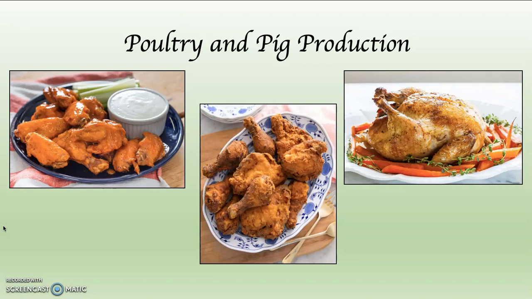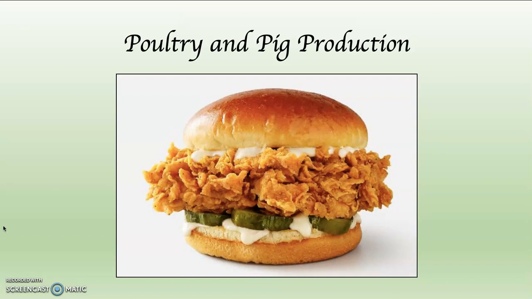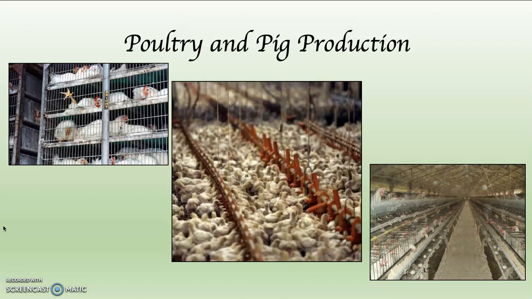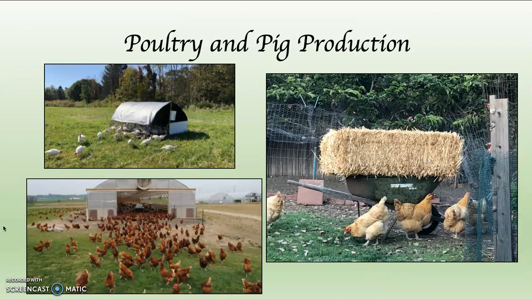So here we have our chicken wings, our fried chicken, and our roasted chicken, and a chicken sandwich. I'm not sure even where the chicken is in something like that. Seems like the whole idea is just to eat all this breading rather than the meat itself. But this is the way the animals are raised overwhelmingly in this country, which is kind of factory farms, all crammed together. And of course, because of that, they can spread diseases, and so the antibiotics are just put right into the food. And the animals themselves grow very rapidly on a diet that would not be something they would get under normal circumstances, which would be this: outgrazing.